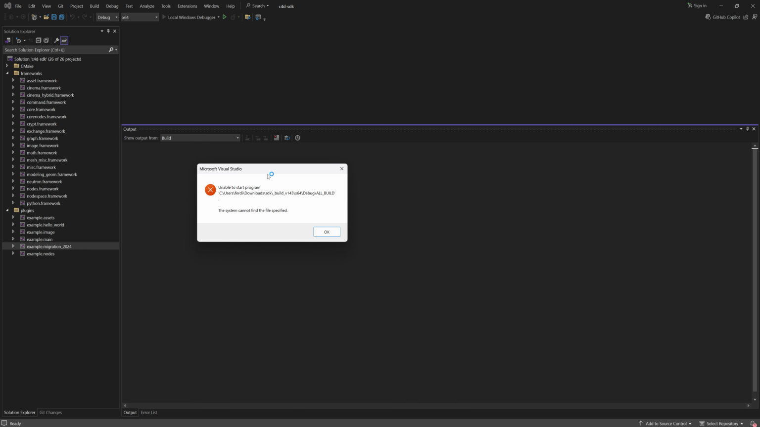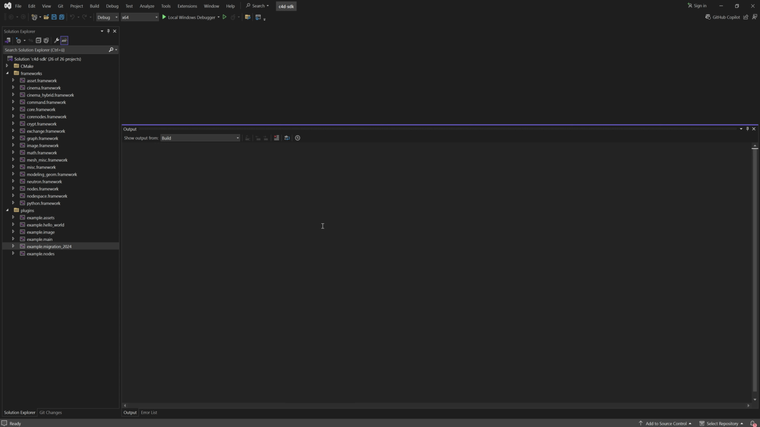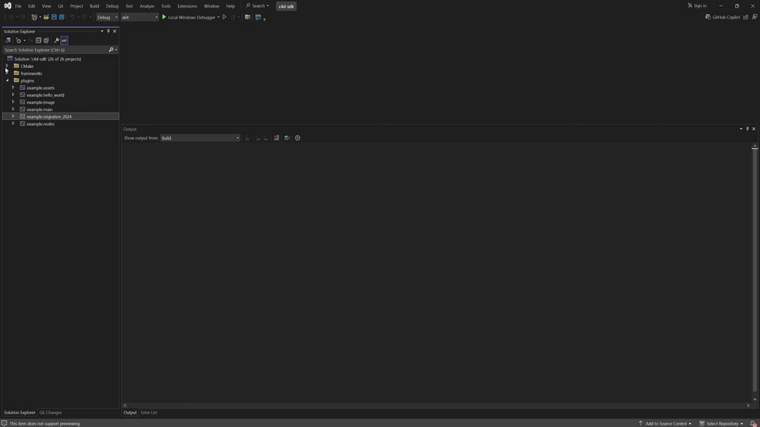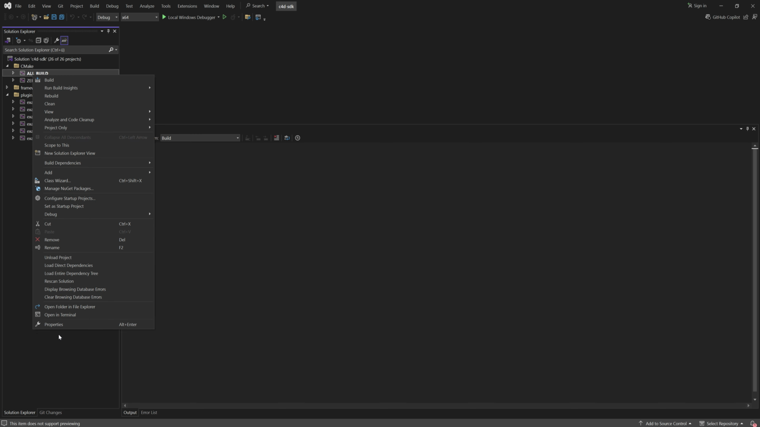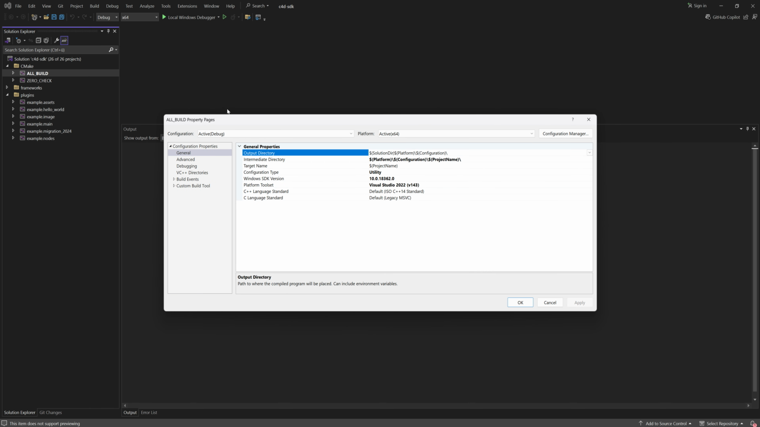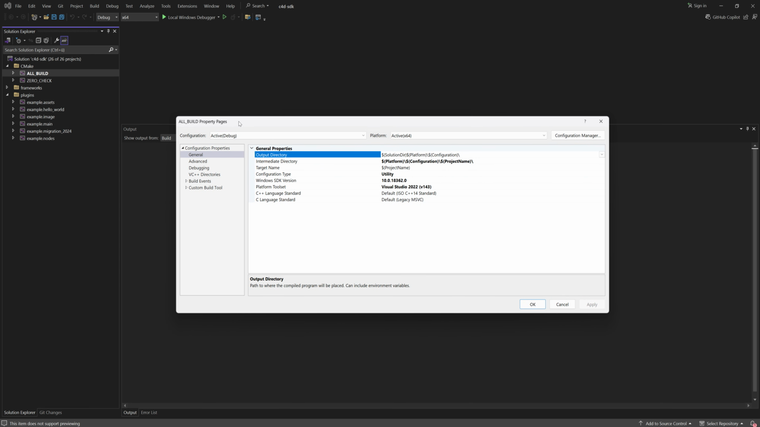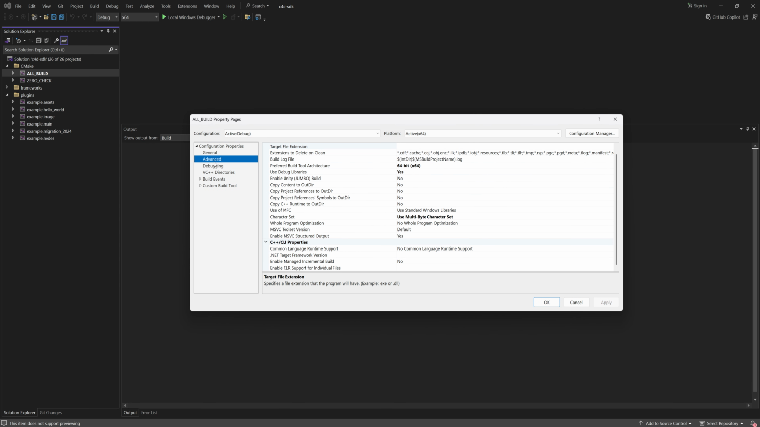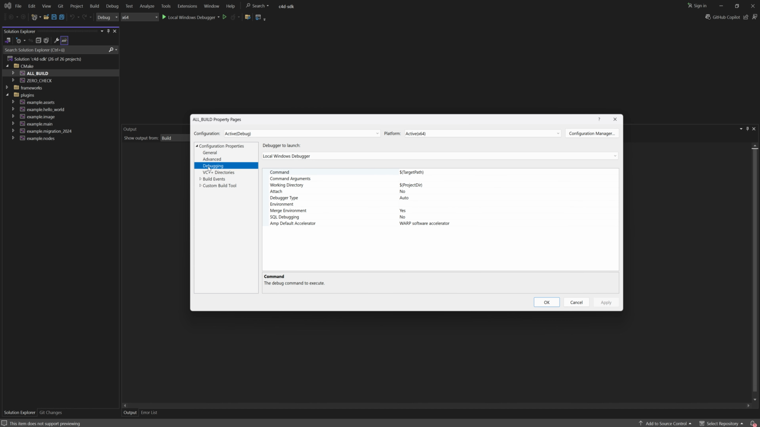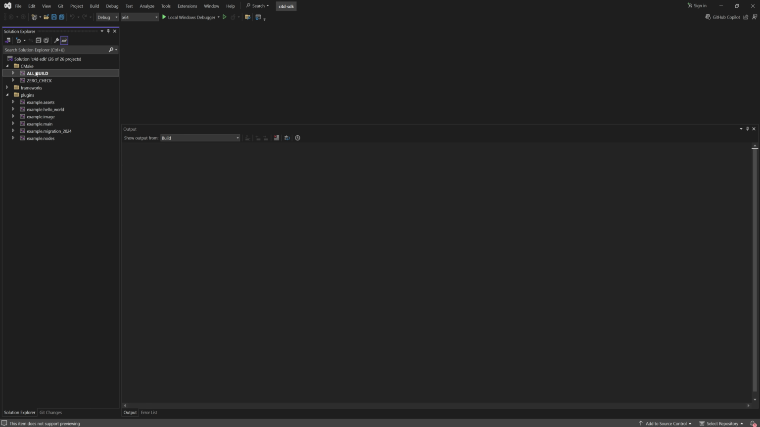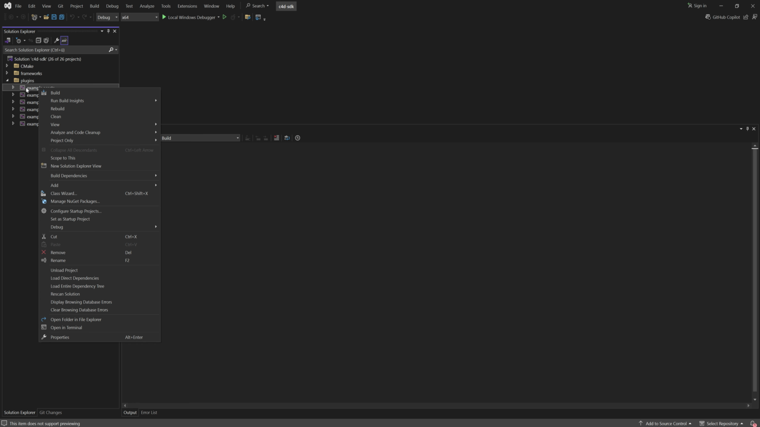this will happen. It basically tells us that it cannot find the debug application, which is a little bit surprising since we set it. And the reason for that is currently the all build project is what Visual Studio calls the startup project. And if we look here into the debug configuration, we can see nothing is set there, and this is because this is a meta project which cannot be modified. So what we have to do is we have to change the startup project, which we can do by